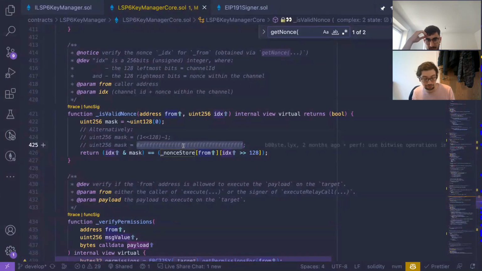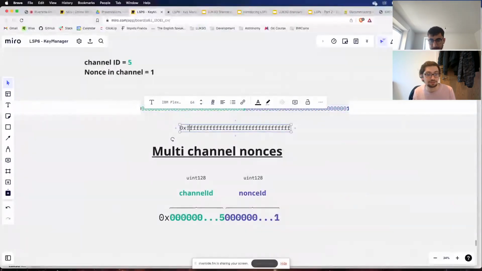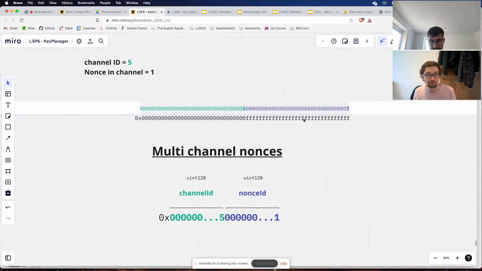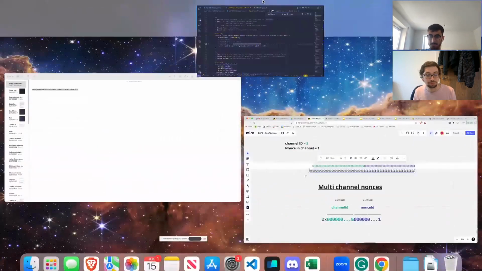AND with the mask. So the mask is going to be technically like that. It's going to be filled with 0, and the mask is going to give you this value like that. You're going to compare only the side where there are the FFFFF. And so when you do a bitwise AND,